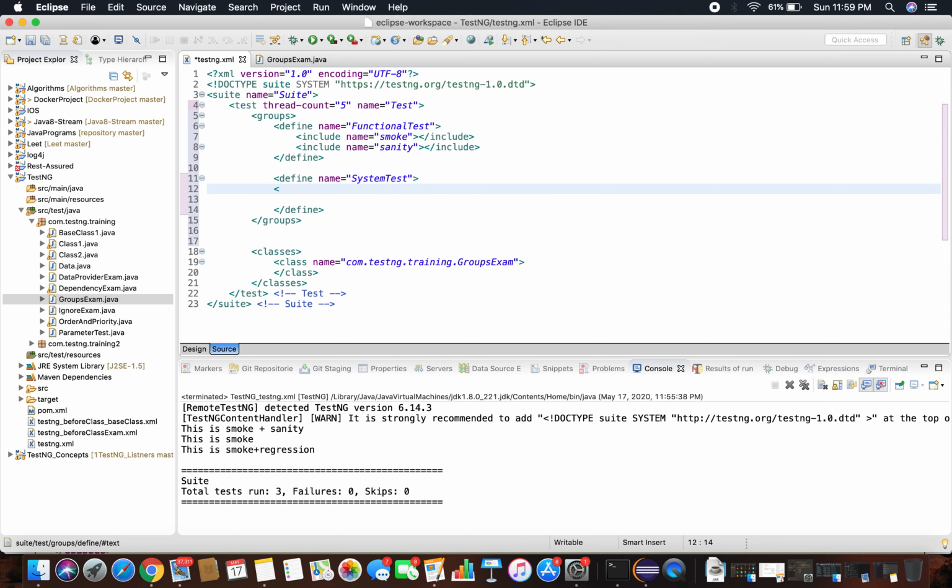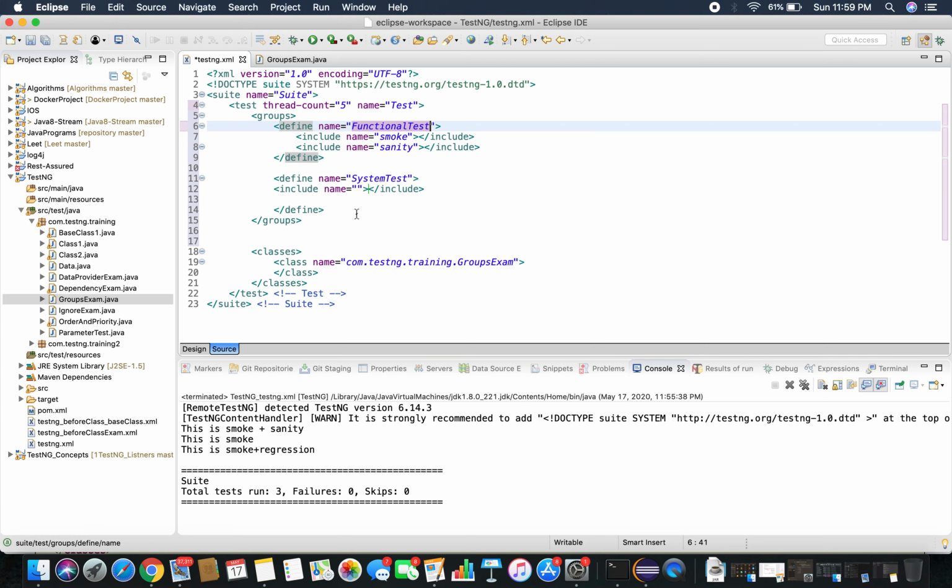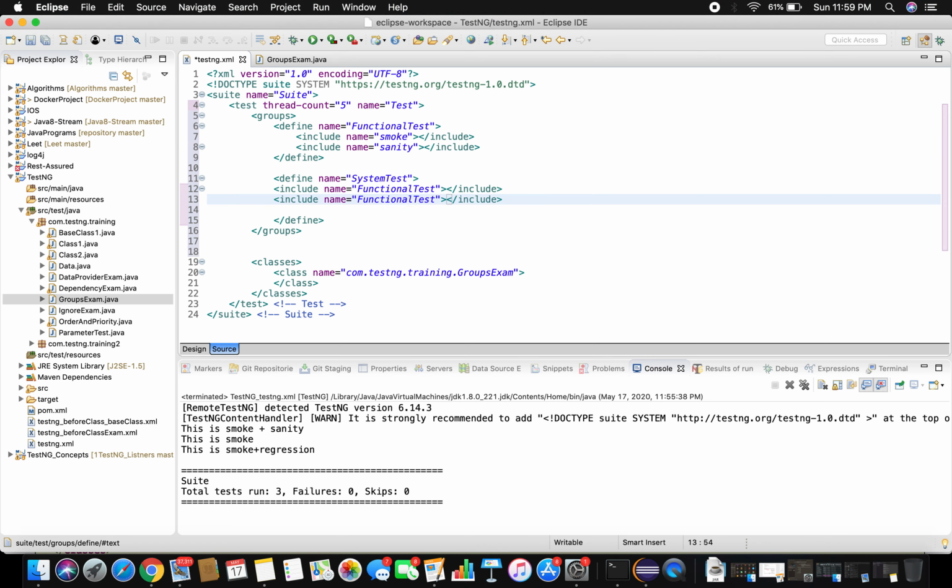You can use the functional test, and one more group I'm going to include under this meta group, that is regression.